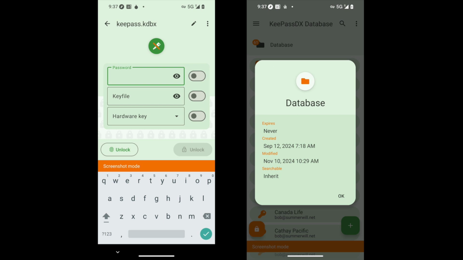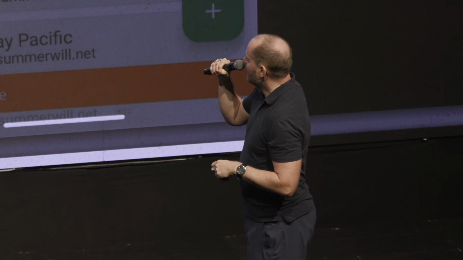So KeePass here, a fairly standard kind of password manager. But the interesting thing with KeePass is it's kind of going back to my dad's model. Because what you have with KeePass is a file, a KDBX database. That's literally just a file. It's a binary file on the file system on your phone. So if you're making changes, that file is going to change. But there's no cloud service here, right? There's no provider. You're not uploading this anywhere. It's just a file that you have on your phone.